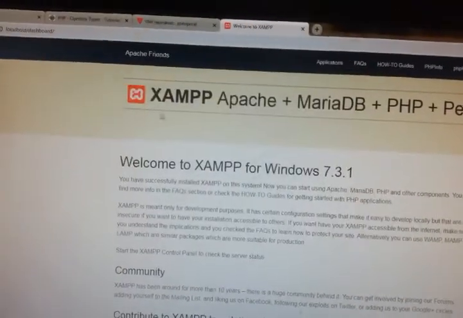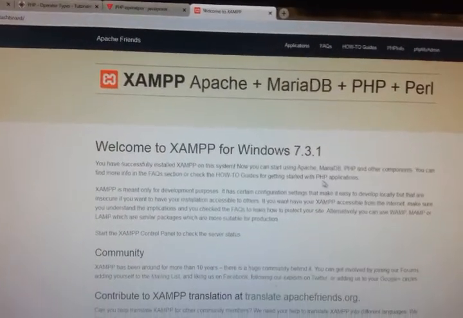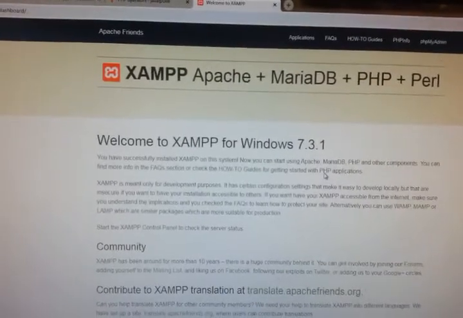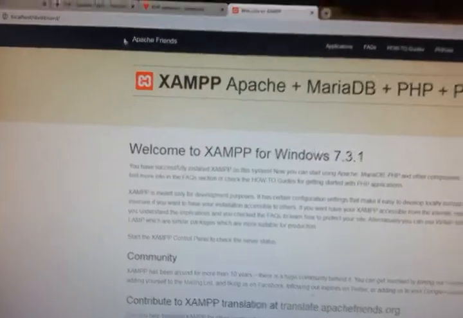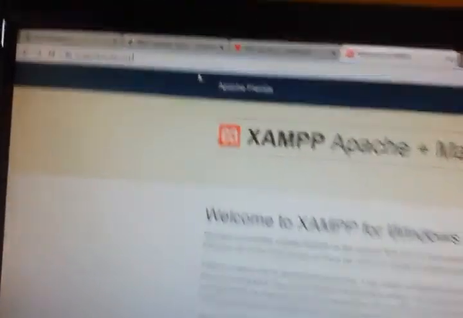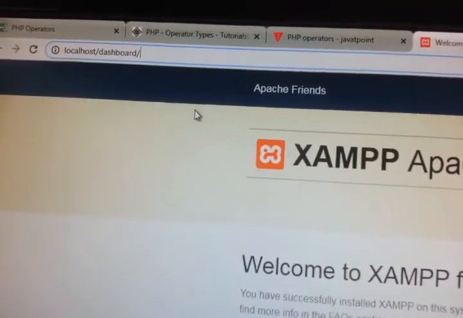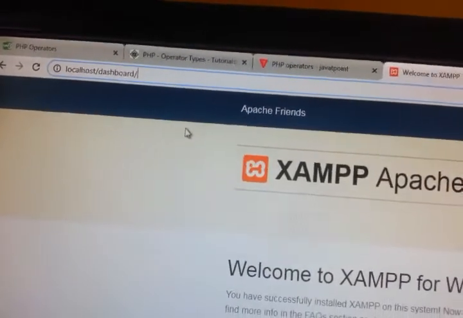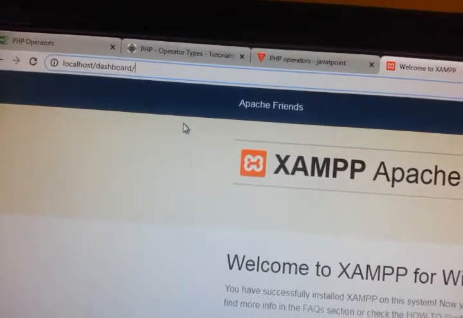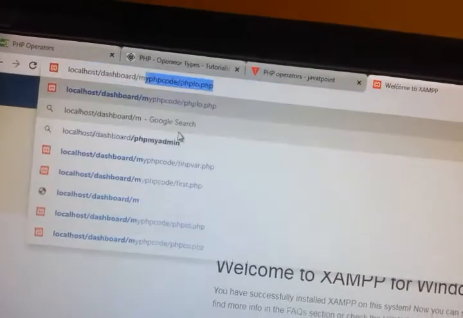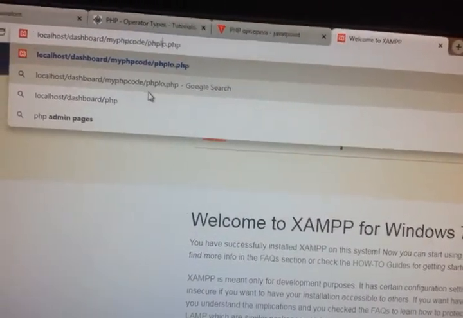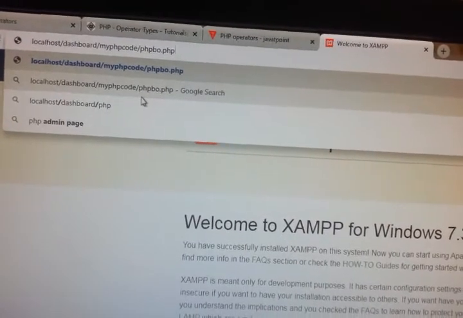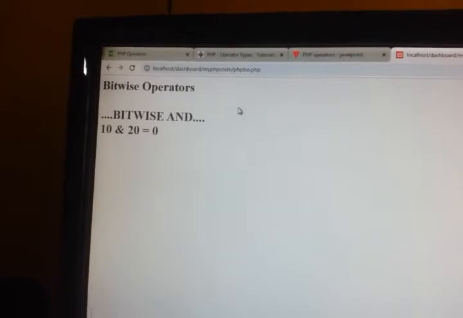Now if you observe, I got my dashboard on the home page of my Apache server. In the address bar, it is localhost/dashboard. So we have created the folder in dashboard only. My folder name is my PHP code and my program name is PHP BO bitwise operators.